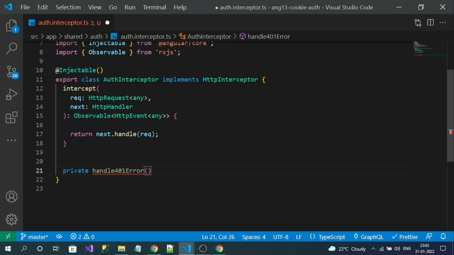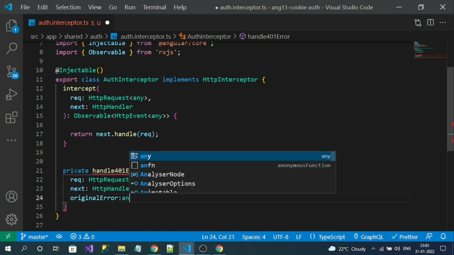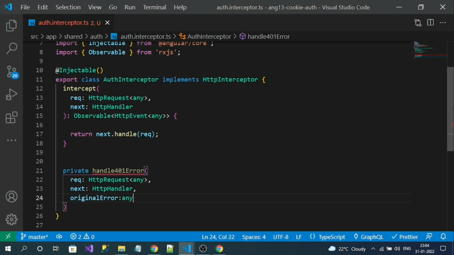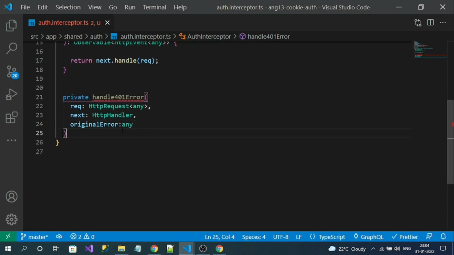It will take input parameters as they are, and one more parameter, originalError. I will explain what this input parameter is later. This method will get executed whenever we get an unauthorized exception. In that case, what we have to do,